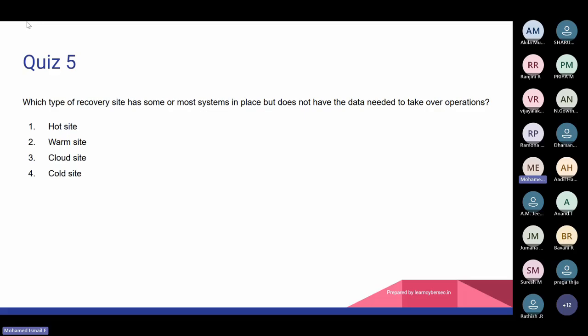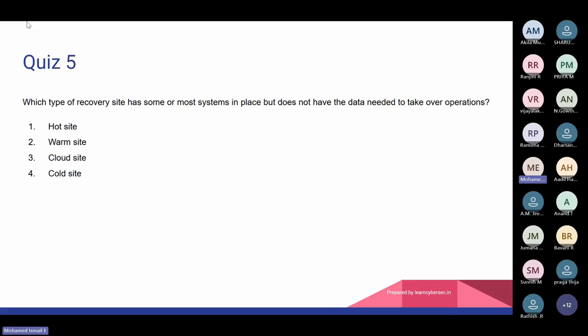All right, so we'll start with the answer. First one is hot site. Hot site is a replica, right? Up to date, everything would be there. So here the question doesn't have the data. So they have given the hint. The entire question, "doesn't have the data," is the primary twist. While reading the question itself, you need to identify what hint they are giving. So it doesn't have the data. Hot site, out of scope.